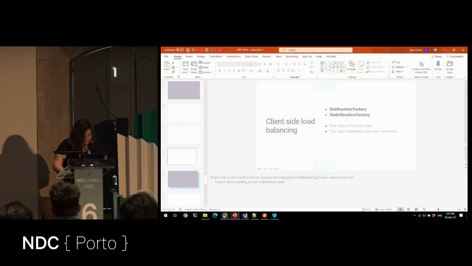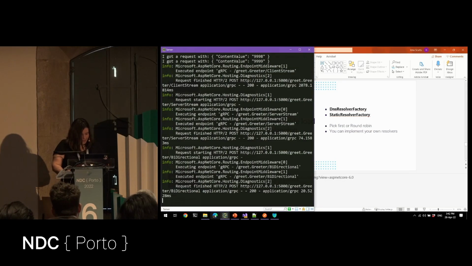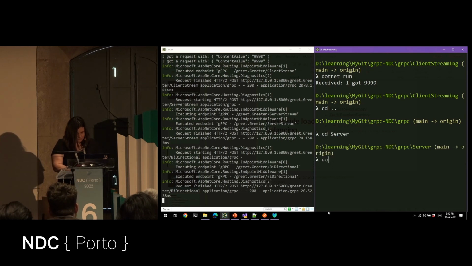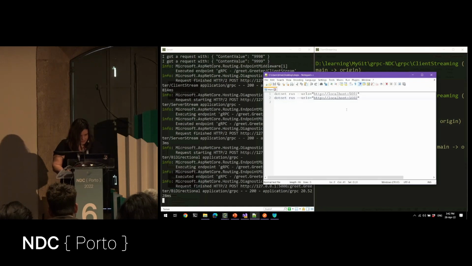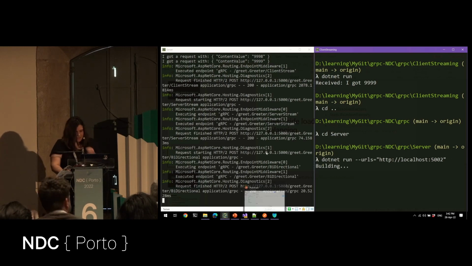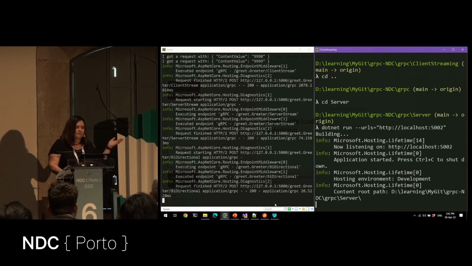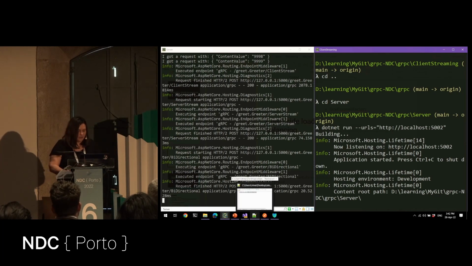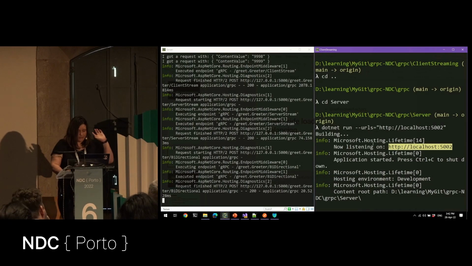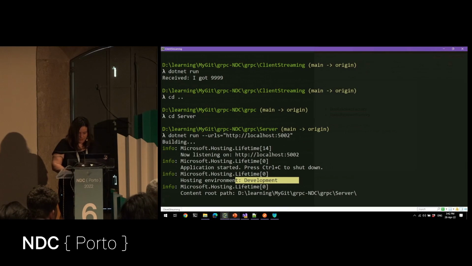So I'm going to show you this. So I have the server running. I'm going to have another server running. Okay, just a second. I'm going to copy because I didn't want to lose this. So what will happen is I will have two instances to simulate, like, I don't know, a Kubernetes environment. One is on port 5000 and one runs on 5002. Okay, so two servers. I'm going to leave this here.